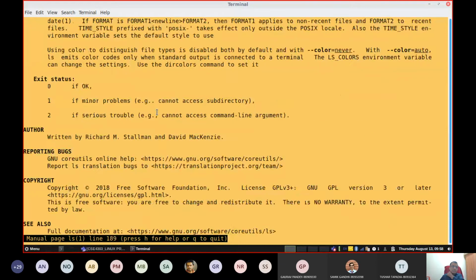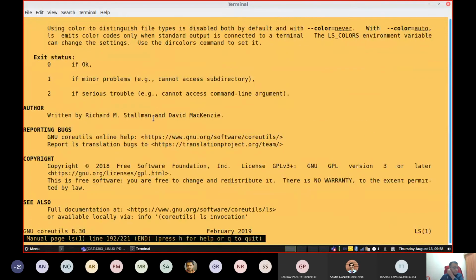In this way, you can browse through the directories, or you can search for a particular file in a particular folder by using the ls command, by listing it properly, the way in which you would like to view the content.